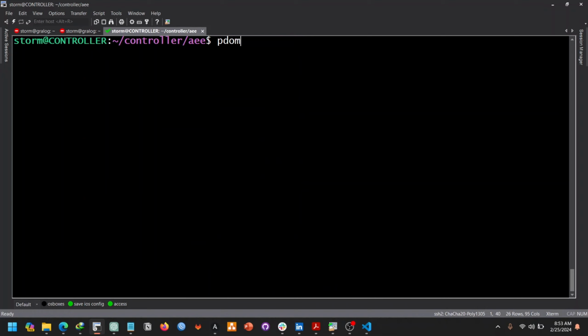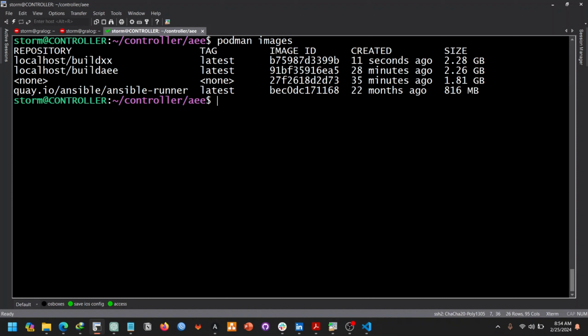So when I run podman images, I'm going to see our new image that we have over here. So as you can see, there's a slight difference between the two. So it's now time to log into quay.io. So I'll do podman login